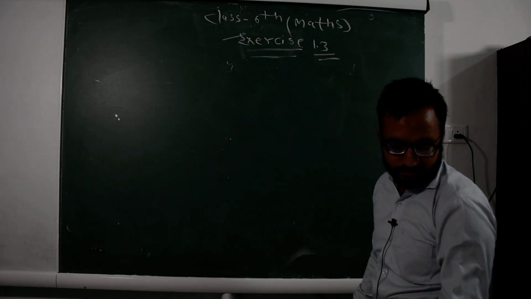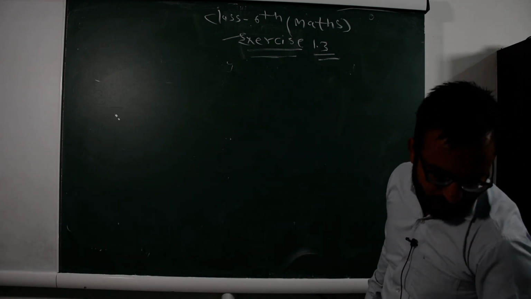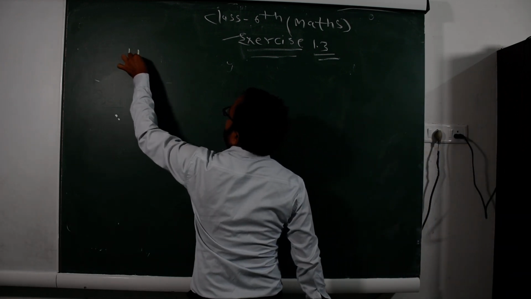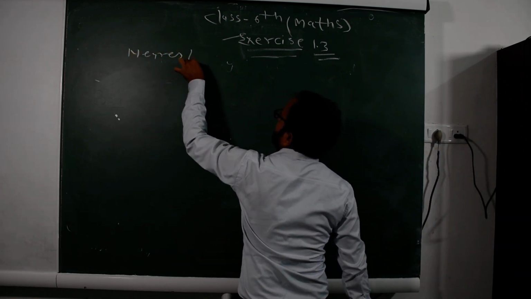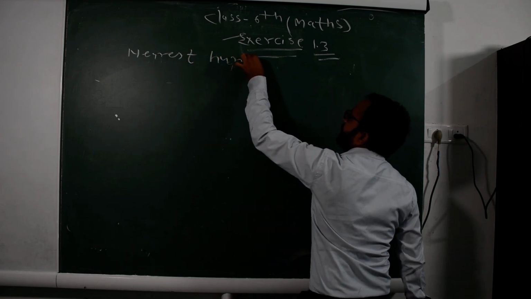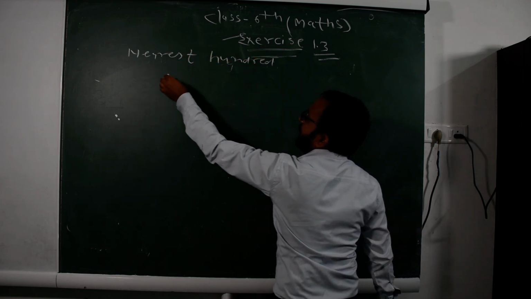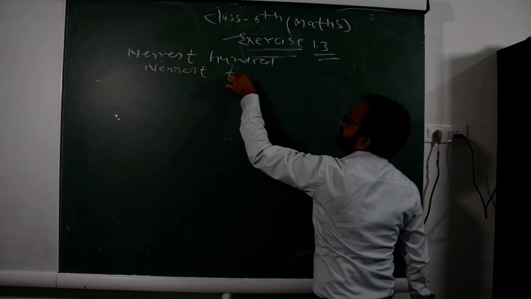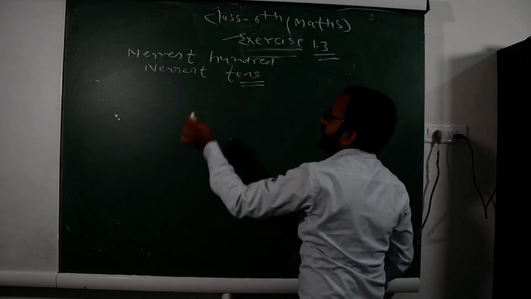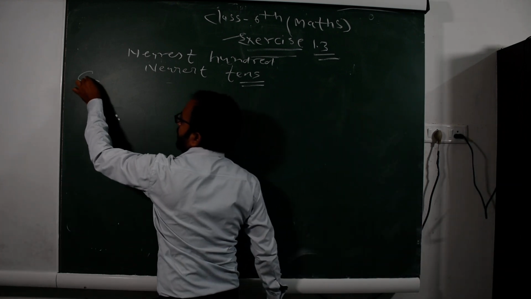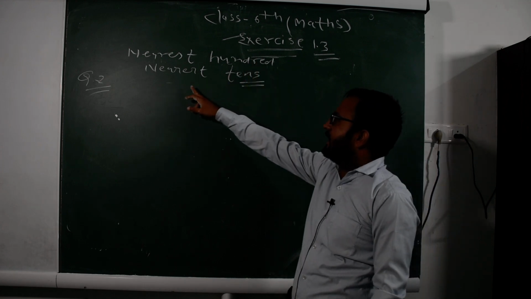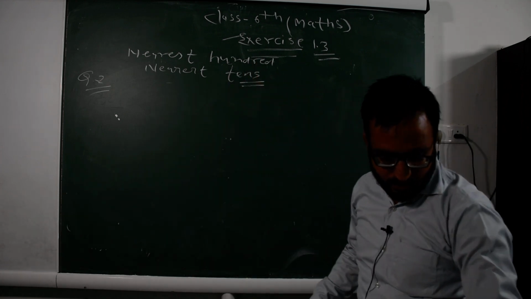In question number 2, we have already given rounding of nearest 100 and nearest tens. In this question, we estimate the value at the place of nearest 100 and nearest tens. So now